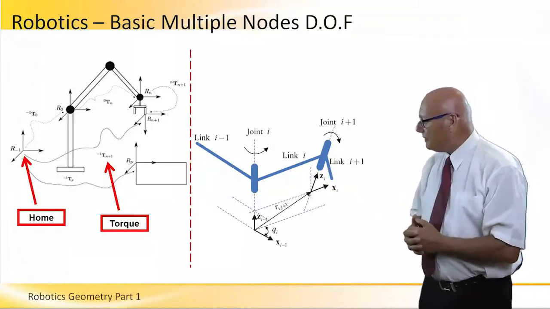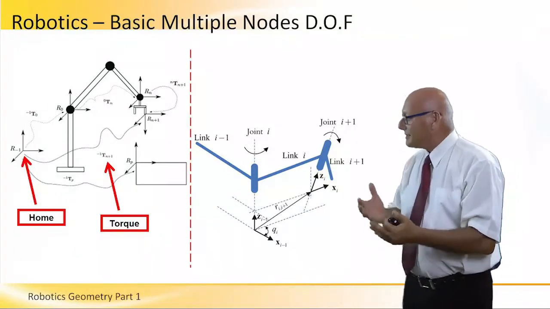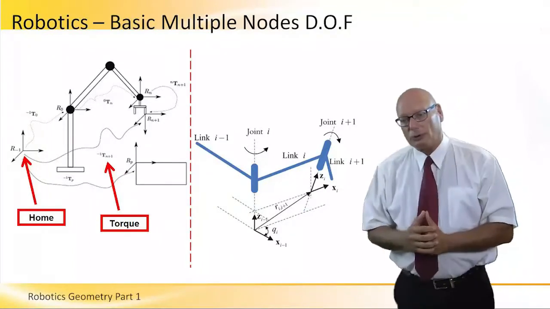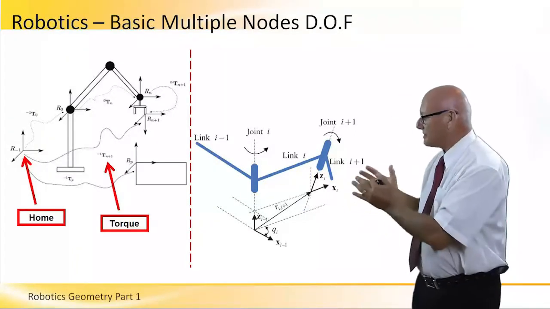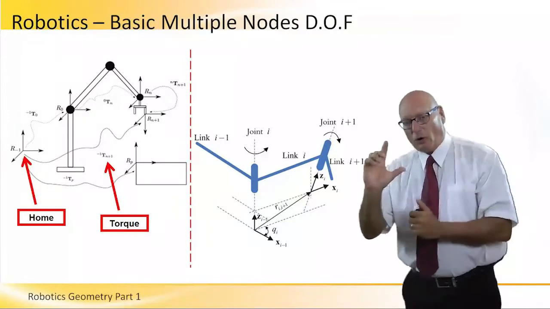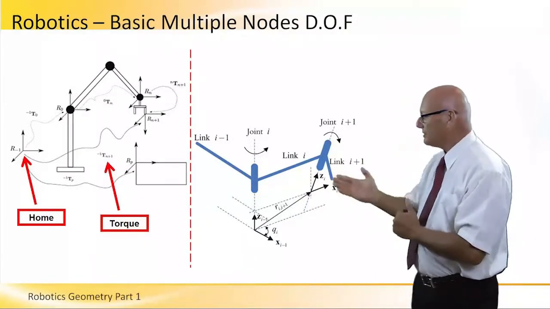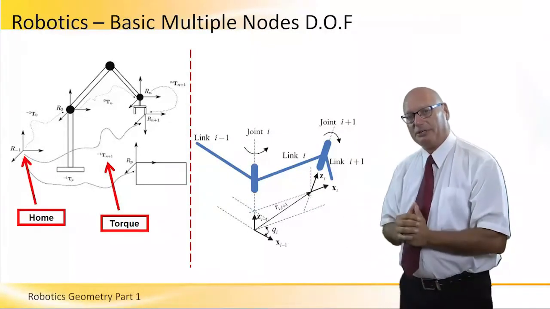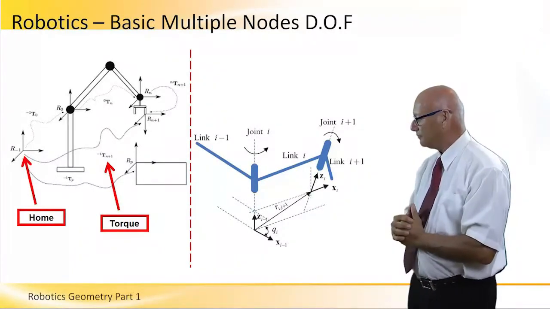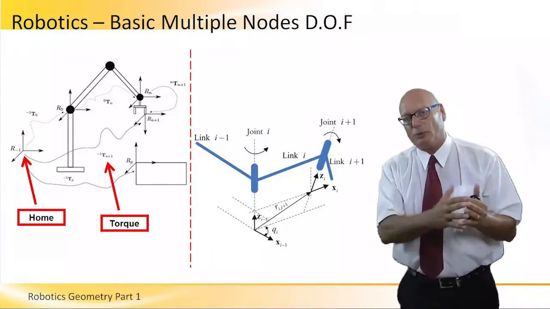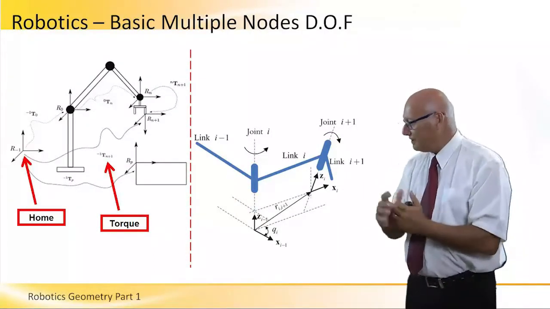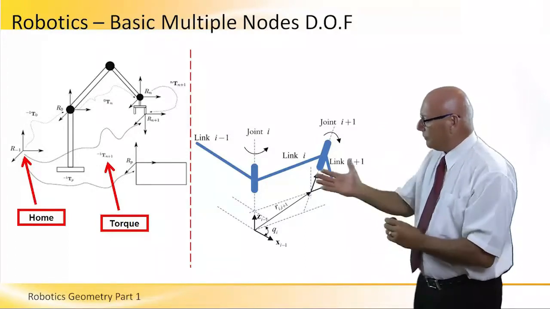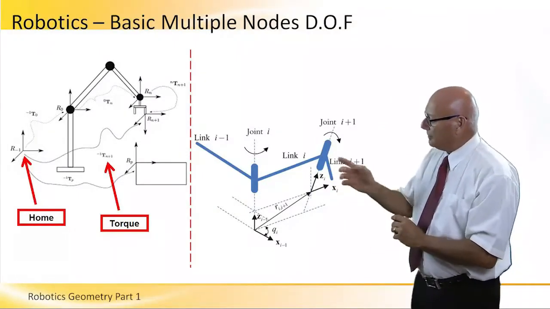The picture on the right is what we call an articulated robot. You can look at this as also a SCARA robot. It has its own set of XYZ, also a rotation. We can see in joint number I, joint I basically is only a turning. It does have an XYZ coordinate, but all that it does is turn. And please note that on the picture on the right, the end